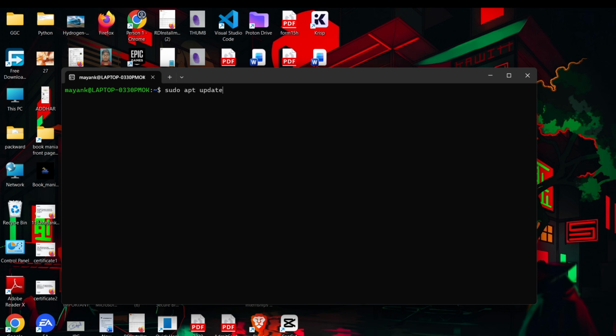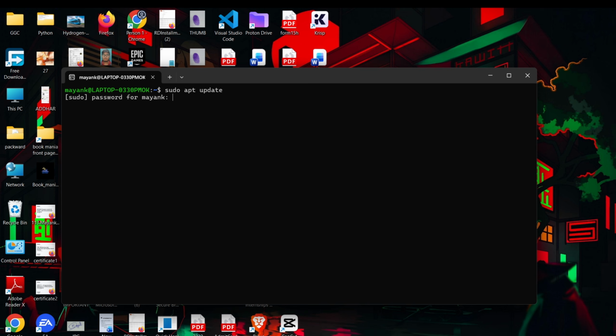sudo here stands for super user do. It provides a privilege to the root user to run system level commands without the need of the actual password. Now apt here is the advanced package tool, the package manager used for Ubuntu, and together this command checks or installs all the latest versions of software needed for Linux to create the environment.